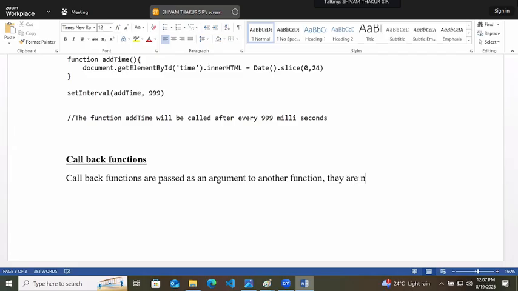They are not called or used immediately. The other function will decide when to use the function.